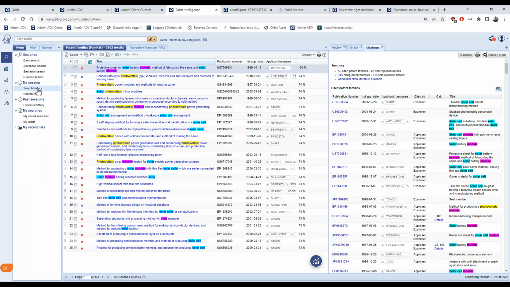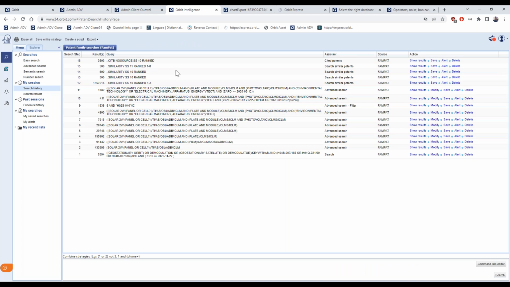I go back to my previous results before running the citation search, and you can see from the search history how the query is indicated. So cited and similarity. This one was the one I was focusing on.